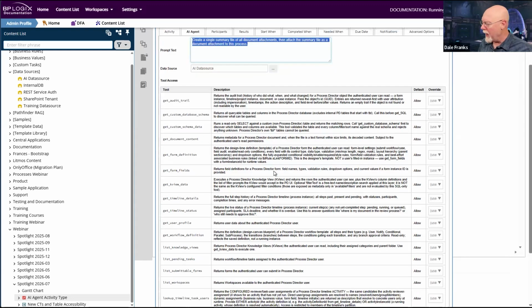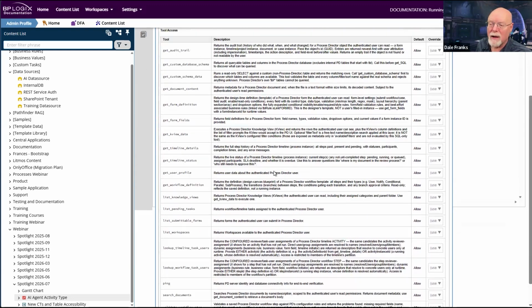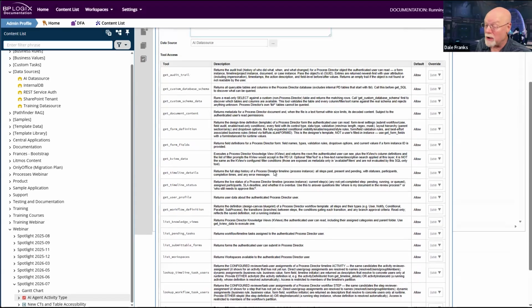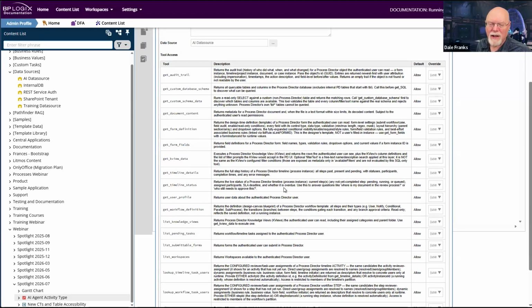And then below that, we have a whole list of things that agent might do. And the default is allow, but you can have it prompt, presumably the user who gets assigned the task, for permission to continue, or you can deny permission. And so there are all of these permissions here that AI agents might have access to. Do you want them to read KView data? Okay, well, there we go.